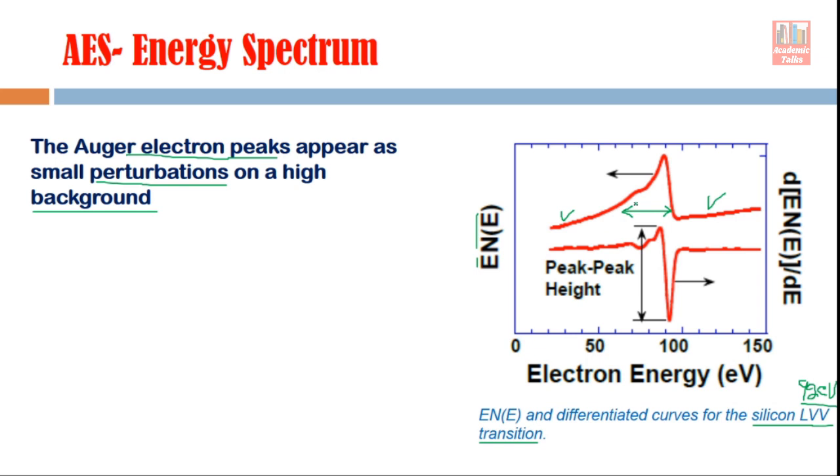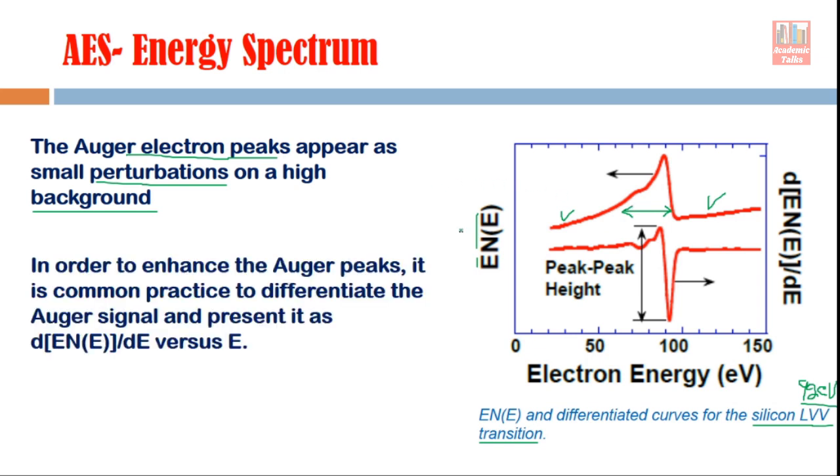So for that purpose a mathematical technique is applied. What we do is we differentiate the Auger signal, right. The Auger signal, you see, is the energy E multiplied by N E, the yield of electrons multiplied by the energy of the electrons. That whole quantity is differentiated with respect to E. When this differentiation is done, we get this kind of peak, the lower peak, this lower signal, and for this lower signal the scale is here on the right hand side. So this is the differentiated signal and this was the original signal.